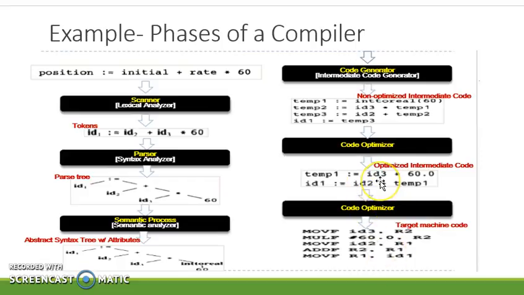Finally, after code optimization, code generation is carried out, where assembly language instructions are used like movf, mulf, movf, addf, and movf. These instructions all come under machine code. In this way, the given source code statement is converted through the different phases into the target machine code. These are the different phases of the compiler.